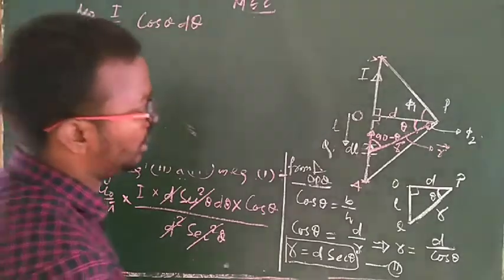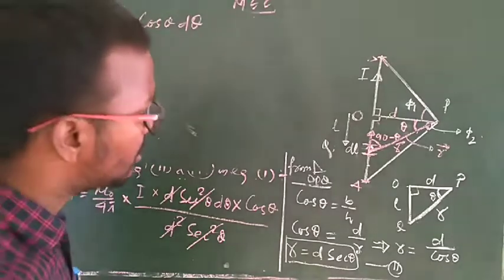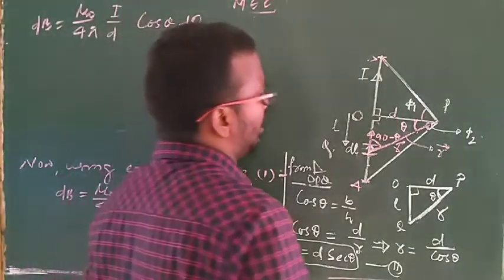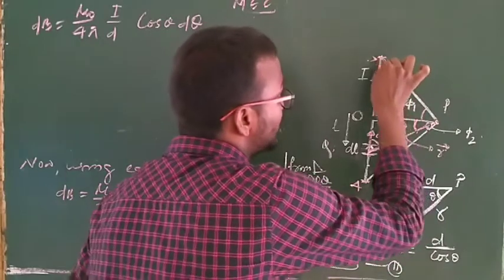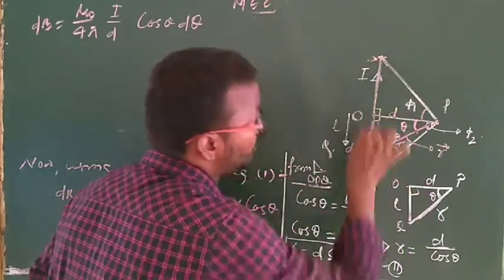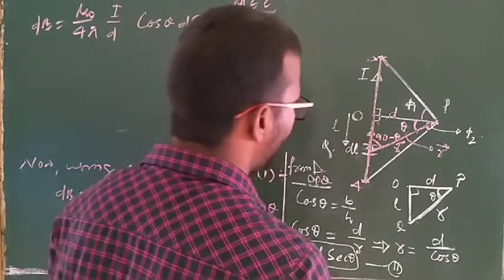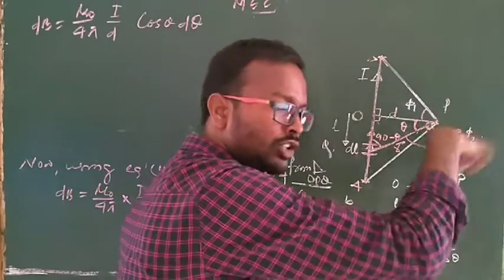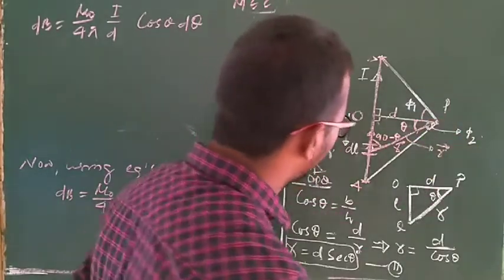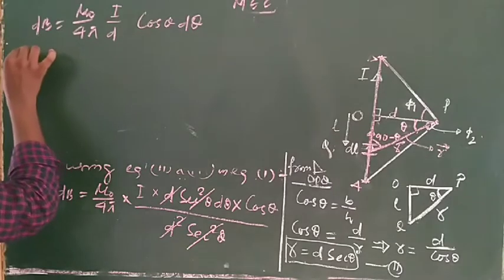Clear? This is the magnetic field due to this small element, but we have to find the net magnetic field at point P due to this current element from A to B. So how can we find it? Because the direction of all the small elements is in one direction, which is inward, we can integrate easily. So the total magnetic field